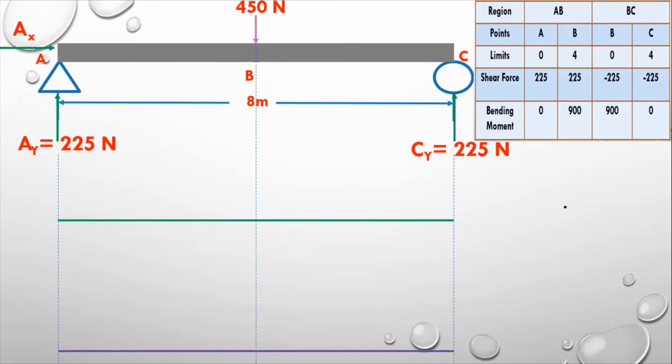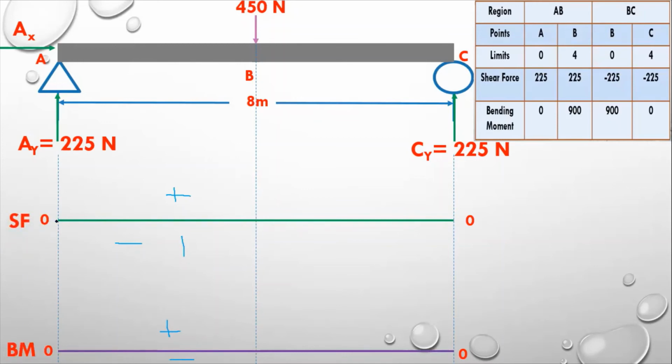Initial value should be 0 and the ending value should also be 0. You can see here, I put it here. In bending moment and shear force they are both the same. So keep it in mind, the upward should be positive and downward should be negative. This should be positive and this should be negative. So how can we draw it? First, this is the shear force and this is the bending moment line.